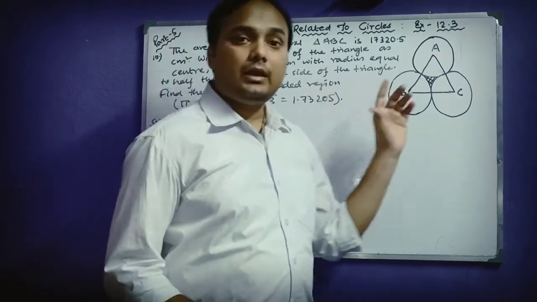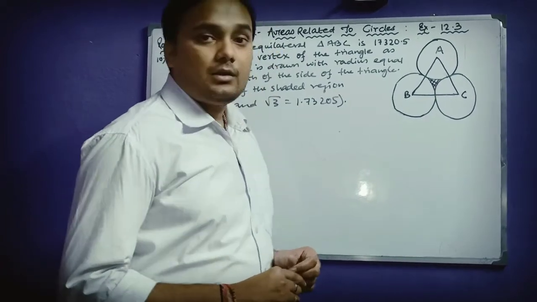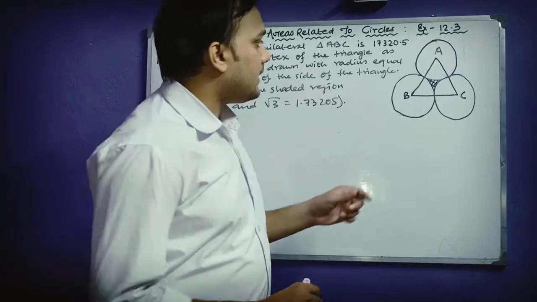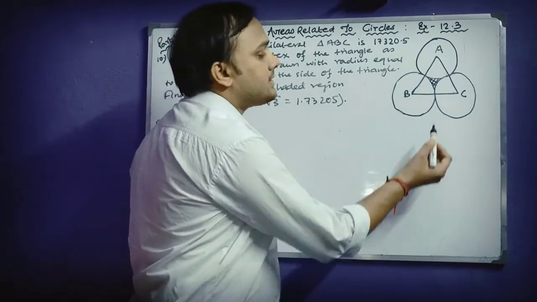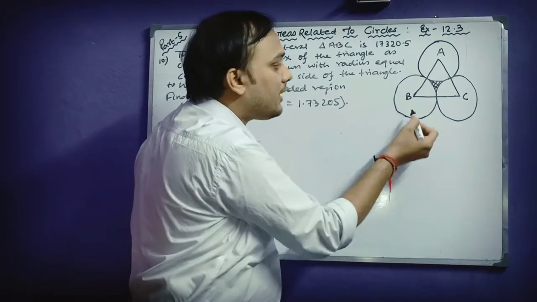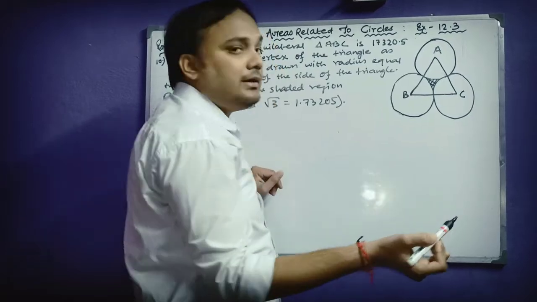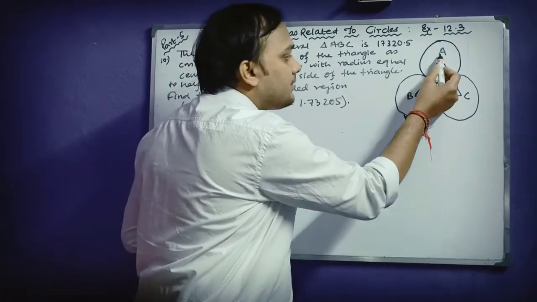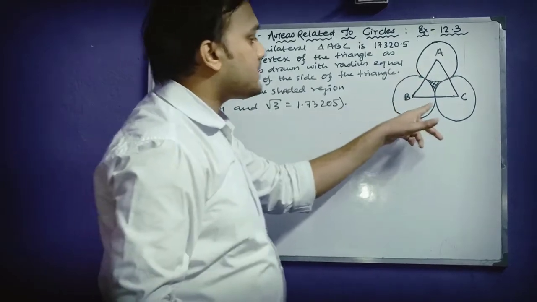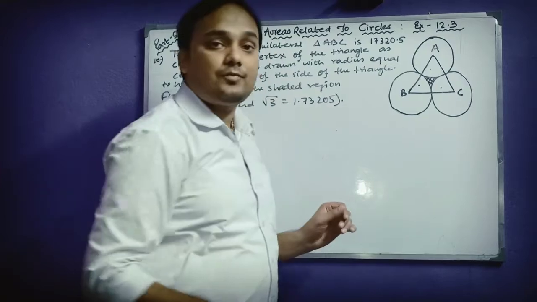In order to find the area of the 3 sectors, there are 2 things we need to know here: the central angle and the radius of the circle. As you can see here, if the radius of the circle is actually half of the length of the side of the triangle, then it's very easy to understand that the radii of all the 3 circles are equal. And so if the radii of all the 3 circles are equal, you can also say that the areas of these 3 sectors are also equal.